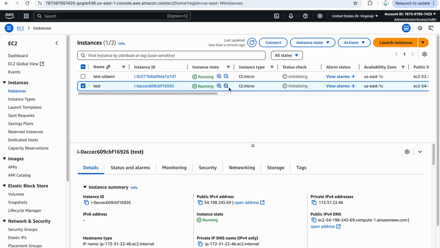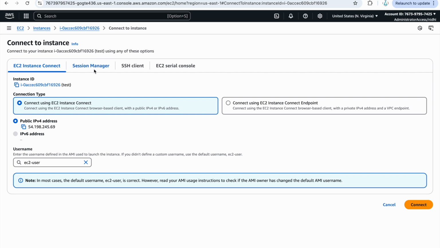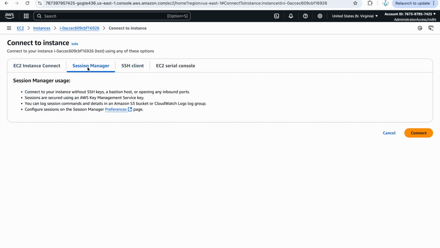Now you can see that it is created, and as soon as you see this, you can click on connect, and you see Session Manager is enabled, and now you can connect online, I mean in the browser also, and you can do normal stuff, whatever you want to do on this particular instance.